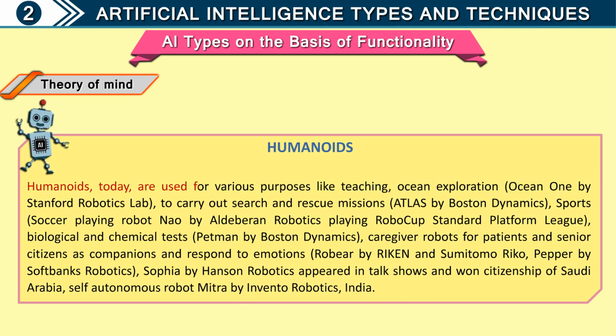Humanoids today are used for various purposes like teaching, ocean exploration, Ocean 1 by Stanford Robotics Lab, to carry out search and rescue missions, Atlas by Boston Dynamics, sports, soccer playing robot Neo by Aldebaran Robotics playing RoboCup Standard Platform League, biological and chemical tests, Petman by Boston Dynamics, caregiver robots for patients and senior citizens as companions that respond